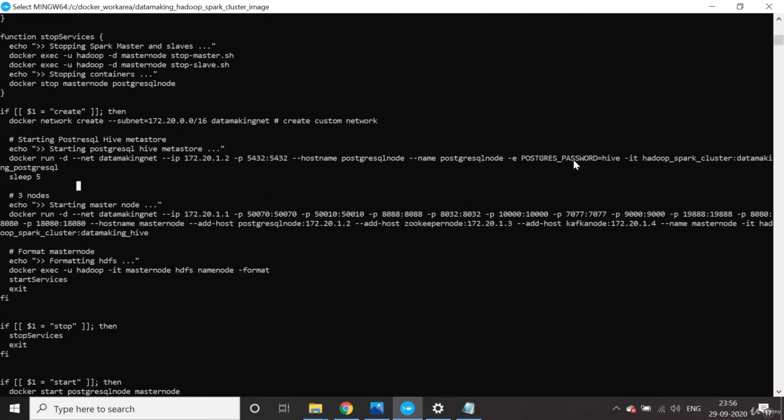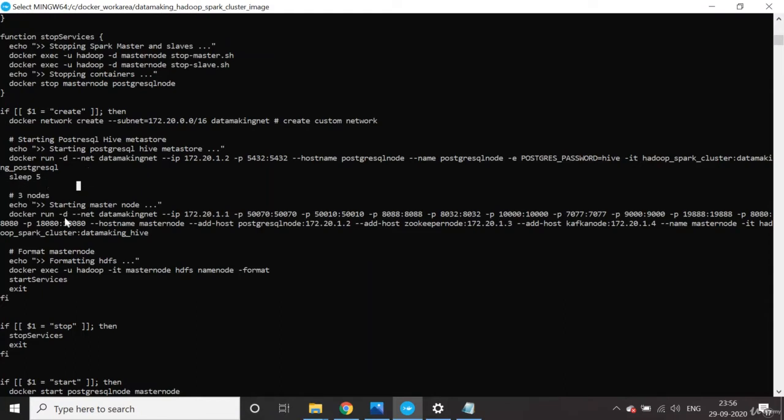Then you pass the password for the user named postgres. I am passing hive as the password. You also give the container image name which you want to run. In the first shell script, for the Postgres image, I gave hadoop_spark_cluster:data_making_postgres. So we are going to run this Postgres image and get the container.